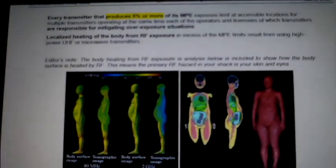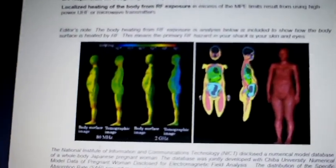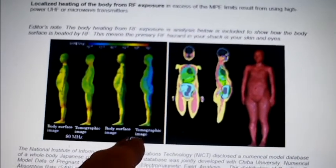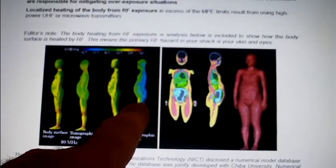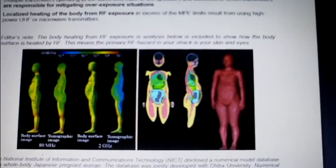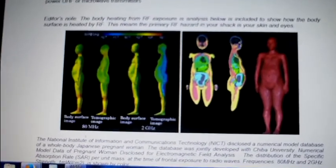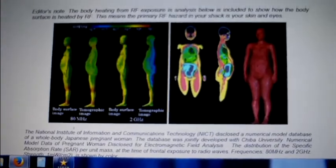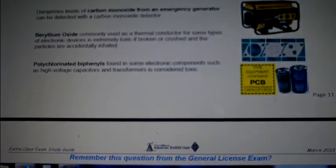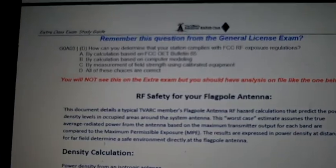Yeah. And here you're talking about SARs here, exposure to human body. It's pretty good. Like this probably looks like my body right here. But you got a lot more exposure here at 2 gigahertz here, and it's kind of soaking into you there. And you got some kind of picture here. It looks like you got it from an airport or something like that. But the guy's taking it serious. He's talking about SARs, and you don't want to kind of cook your neighbor next door. You don't want to cook yourself. So there's a lot of things. You want to be a good citizen, and you want to know this